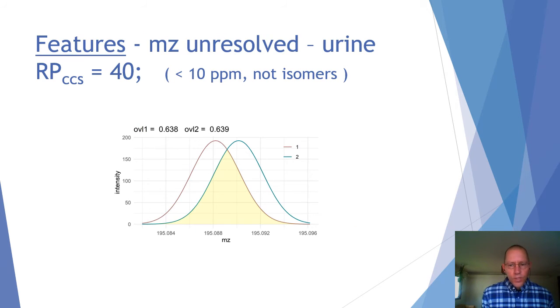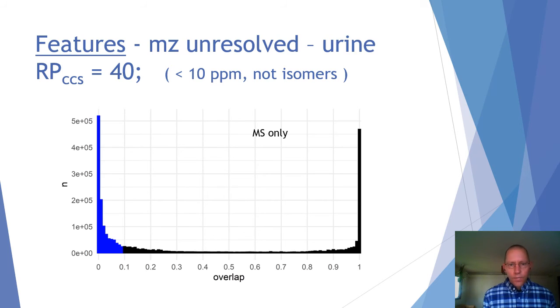So now let's move to a second class. Rather than looking at isomers alone, let's exclude isomers and look at all of the mass features that can be found within 10 ppm of each other. And 10 ppm, just to give you an example of what that looks like, in this case, this example has an overlap of about 0.64. So if we look at all of these partially resolved features by mass, the question is how frequently can IMS improve that resolution? So if we look at all of those m/z unresolved features and we plot this as a